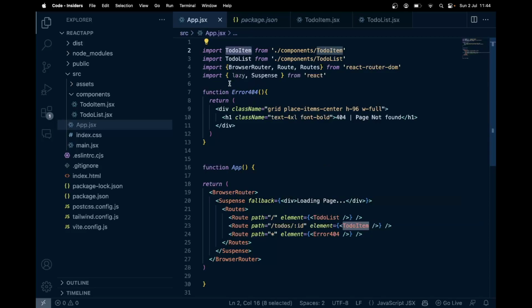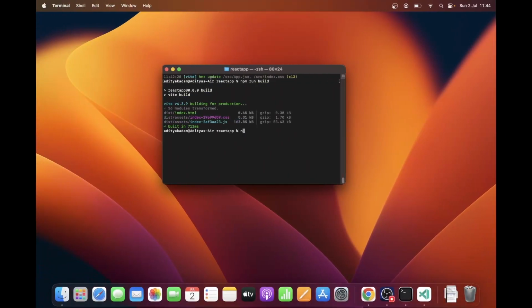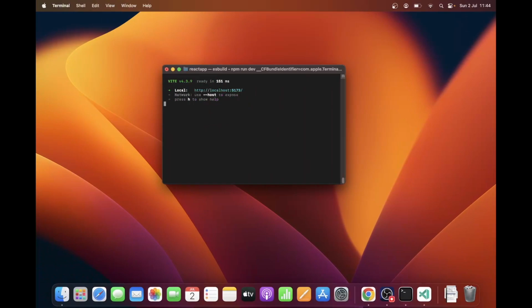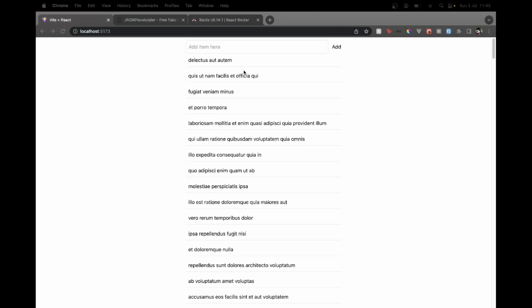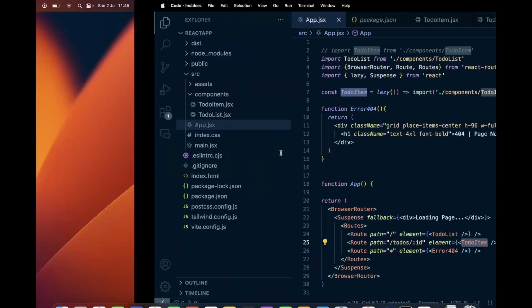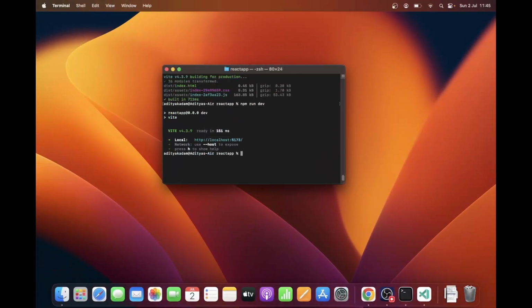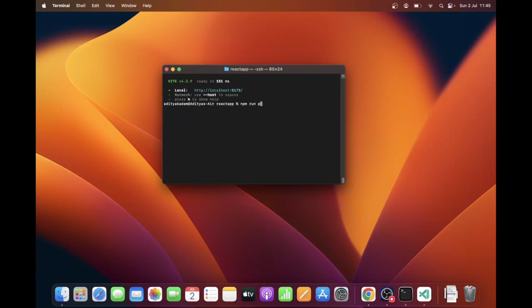And here I will lazy load this to-do item. So here I'm going to say const TodoItem lazy loaded, comment it from here and just pass it here as it is without any problem. First, let's see if this works. So if we run the npm run dev server, so if we go over here, we have the app, run this, that's great. Refresh this, that's great. All works fine. Perfect. Now let's see the final bundle size. So if we could stop this, previously it was 163.85 KB. If we do npm run build,